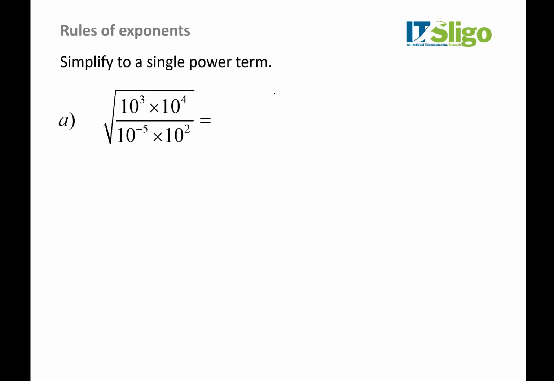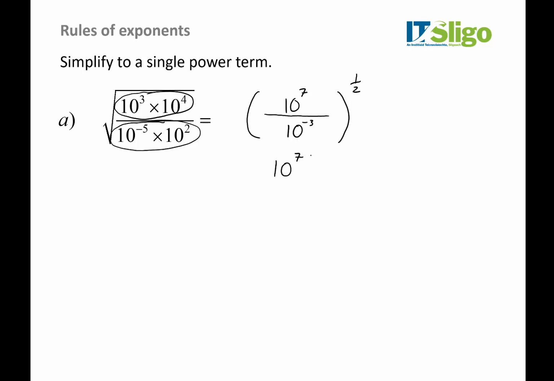So here, first thing I'm going to do, guys, is just acknowledge the square root sign with the power of a half. Now I'm going to work on the top line. Using rule 1, I add the powers. Now we work on the bottom line. Again, guys, I add the powers. Minus 5 plus 2 is 10 to the minus 3. Now, this is where you have to be very careful. This now becomes,